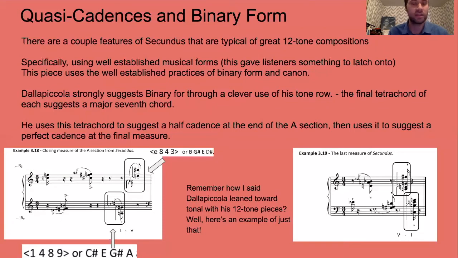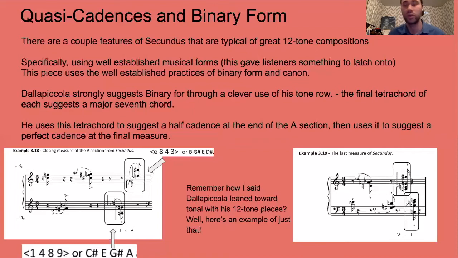This slide is entitled Quasi-Cadences and Binary Form. There are a couple features of Secundus that are typical of great 12-tone compositions, specifically using well-established musical forms and norms that give the listeners something to latch on to. I think that early 12-tone composers were a little worried that their audiences would run screaming before they even gave the music a chance. So they used some well-known formal structures and ideas so that the audiences would have something